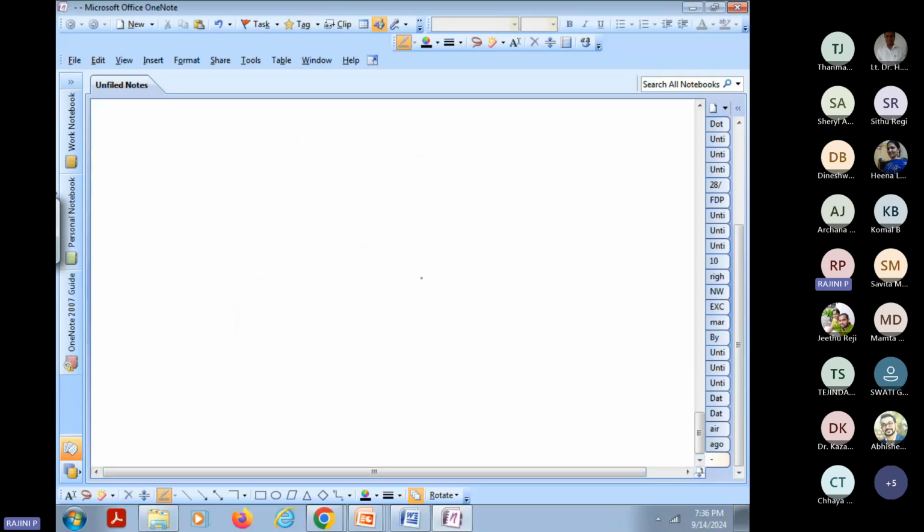See, for example, I have taken the marks of section A and the marks of students in section B. The marks of A students is 30 out of 50. The marks of B section students is 40 out of 50. These are the average marks of the students. So what do you feel? You say that this 40 is high. Then what is the conclusion you say? Section B is much better than section A. Right? So it is wrong.